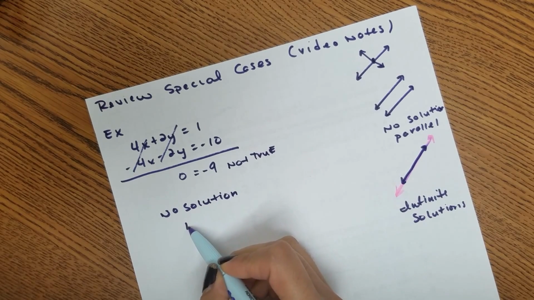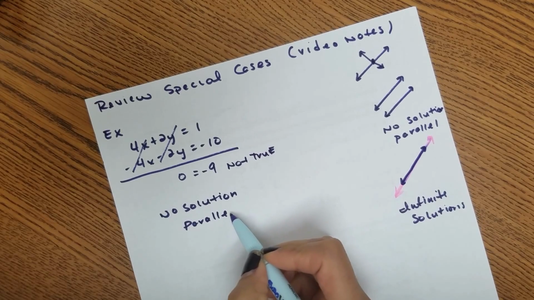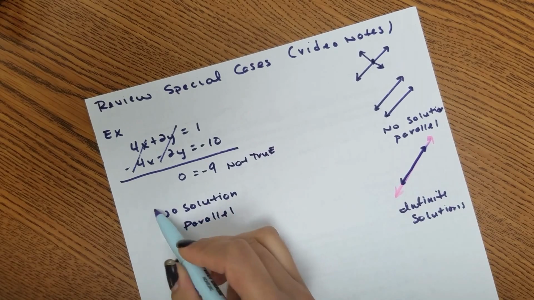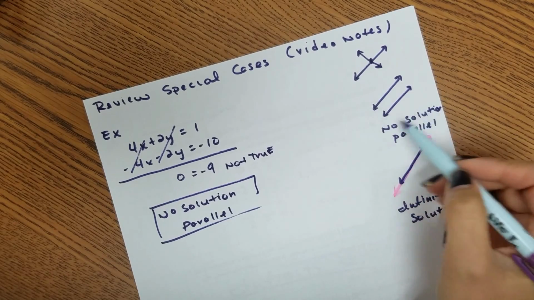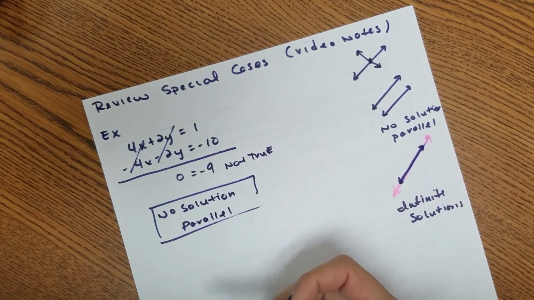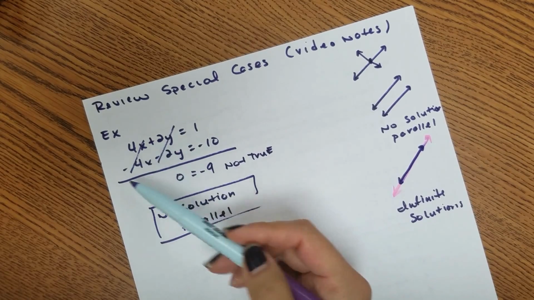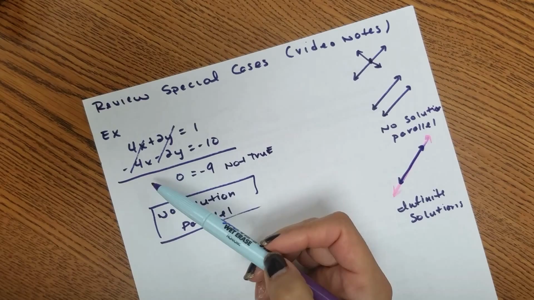And the lines are parallel. I want you to make sure that you write this down, that they are parallel lines, so that you know that they never intersect. So their graphs look something like this. Parallel lines have the same slope. Now you need to make sure that you check your work. You can go back here and make sure that you did 4 minus 4 and 2 minus 2 correctly,